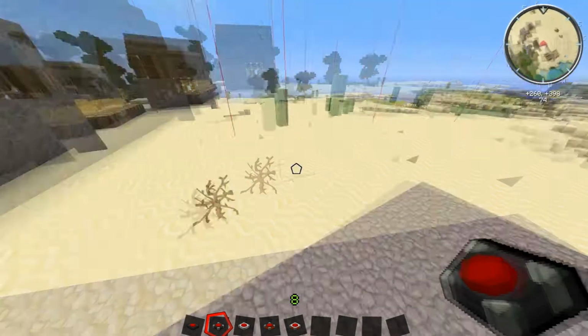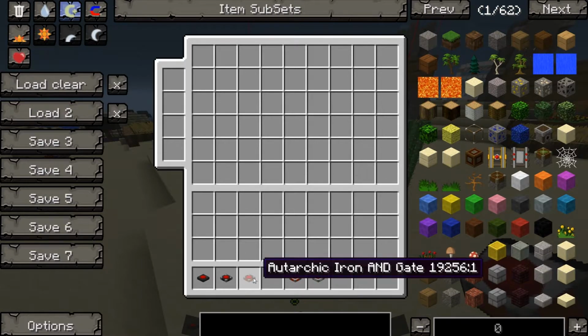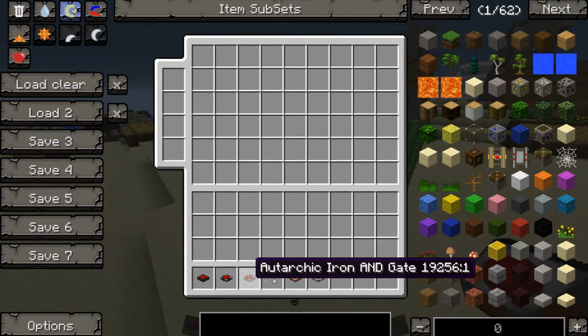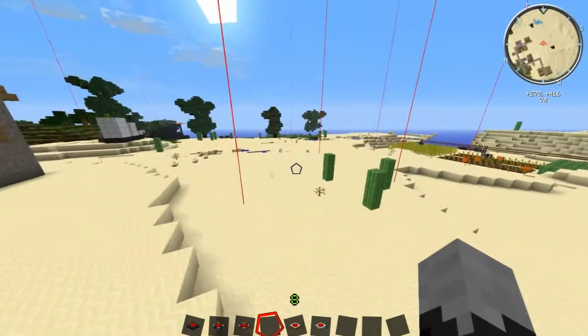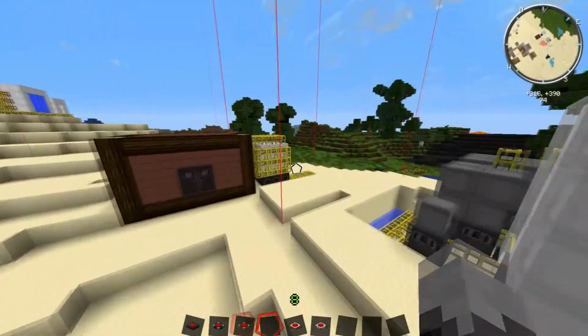Guys, Nico321 here, and I've got a tutorial on Buildcraft gates. I'm talking about the normal gate, the autarchic gate, and the AND form and the OR form of them. These gates are inbuilt in Buildcraft, and you can use them for triggering certain